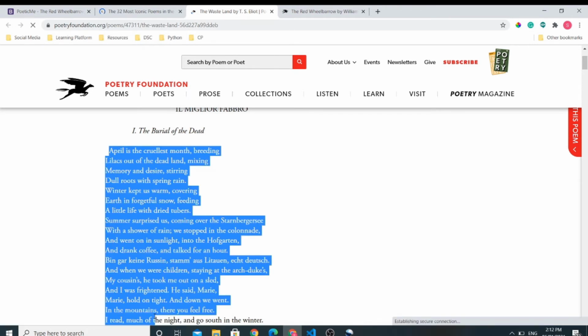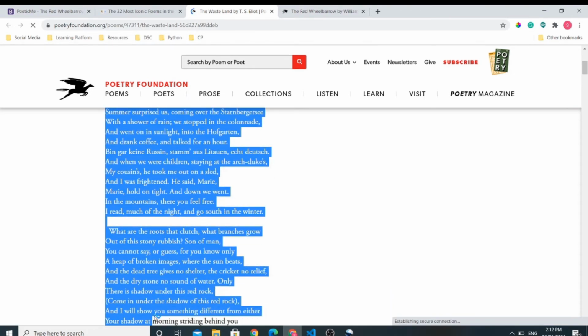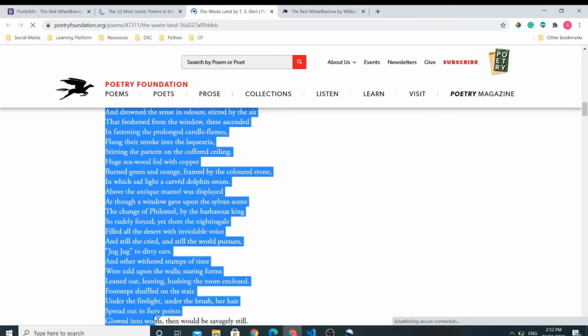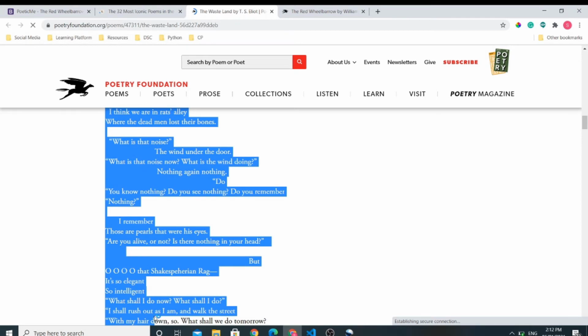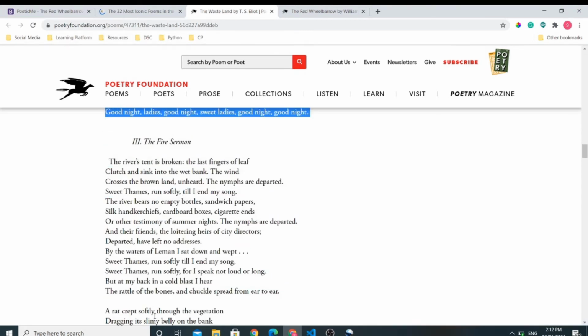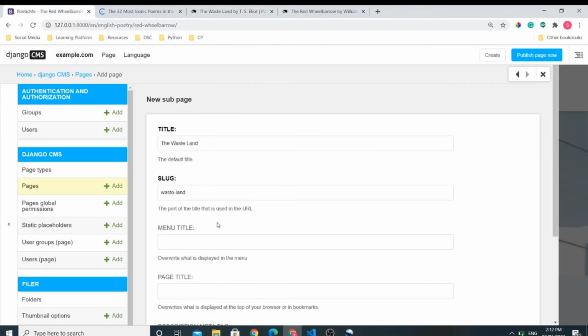I will copy this poem, quite a big poem. So let us copy everything we have. Okay, yeah, let us copy the poem till here only and paste it.